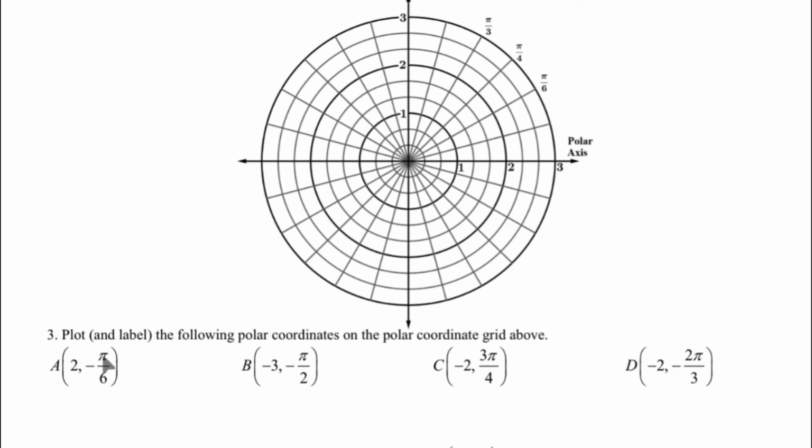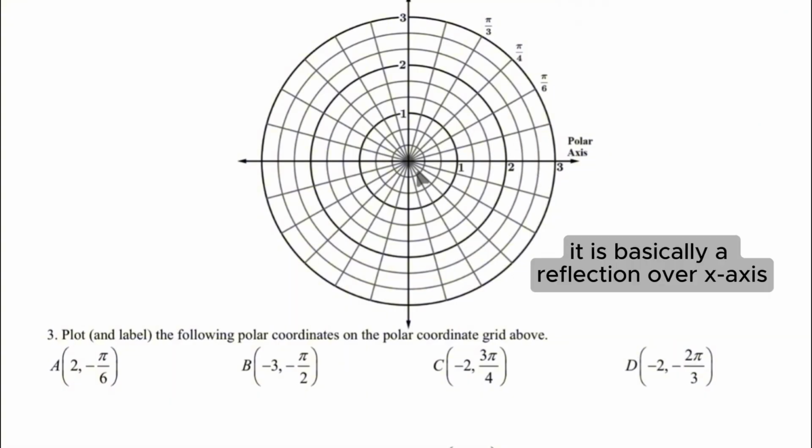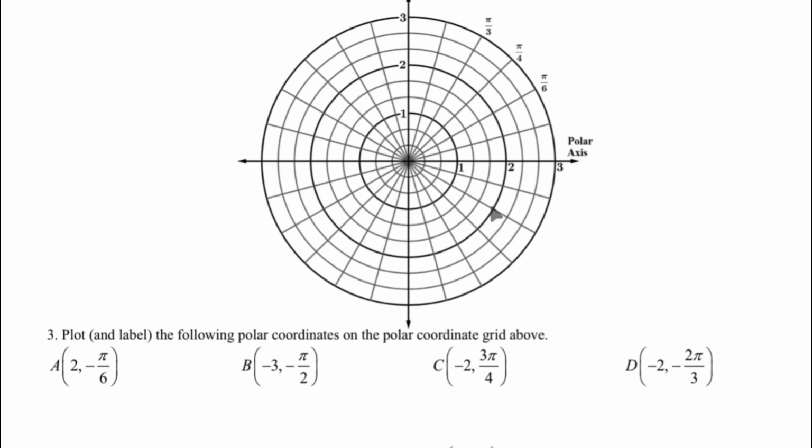All right, so now we have negatives for the angles but not the radius. That just means that instead of going counterclockwise, we're going to be going clockwise, because on a normal unit circle, you're going this way. So we have 2, so we're on the second circle here. -pi over 6, so if we're going normally counterclockwise, pi over 6 is here. So we go the same distance but the opposite way. That was 2 sections, so it should be this line right here. And we're on the second